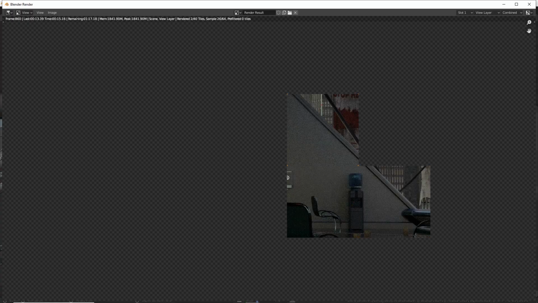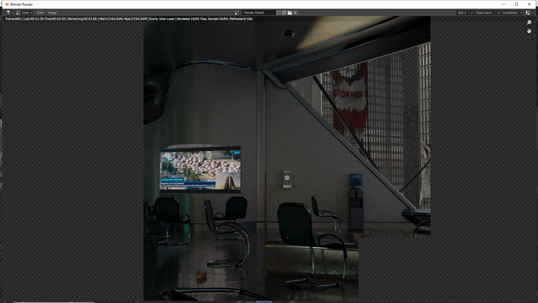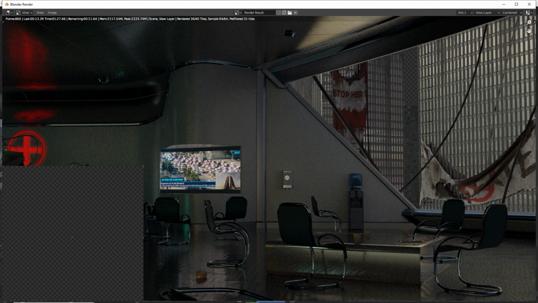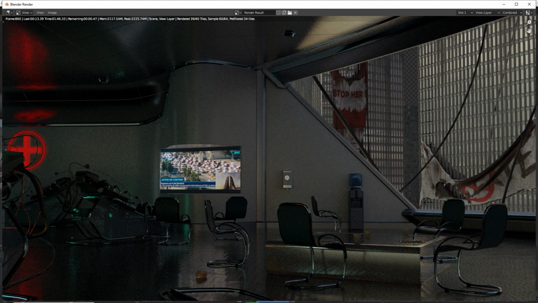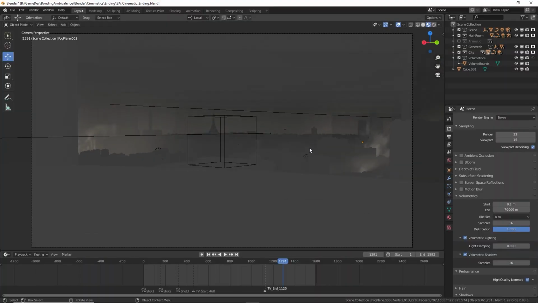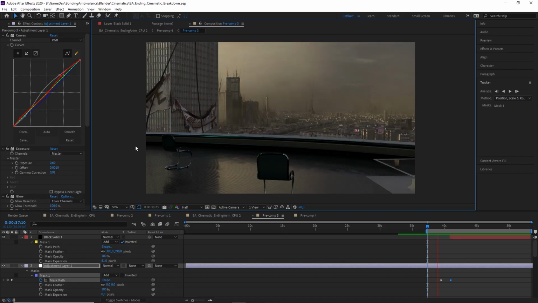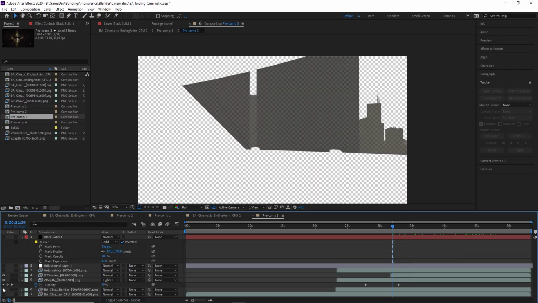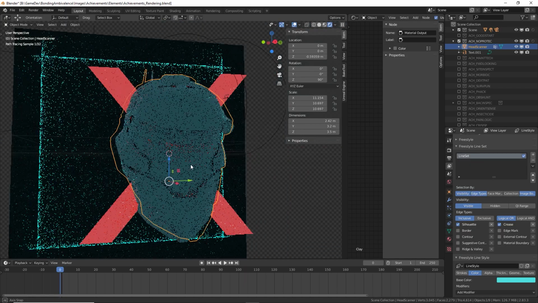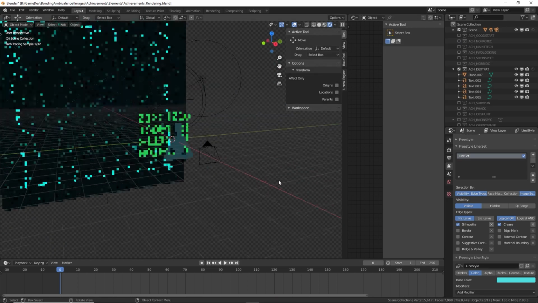You should always carefully measure the computing time of a frame, because in this case, even with 6 cents a frame, 1,800 frames would cost nearly $100 to render. To help reduce render time, some parts have been rendered separately using Eevee, especially the smoke effects and the volumetric lighting. Everything is compiled in After Effects before being integrated into Unreal Engine as a movie file. Blender was also used to create all the achievement images, which is very handy.